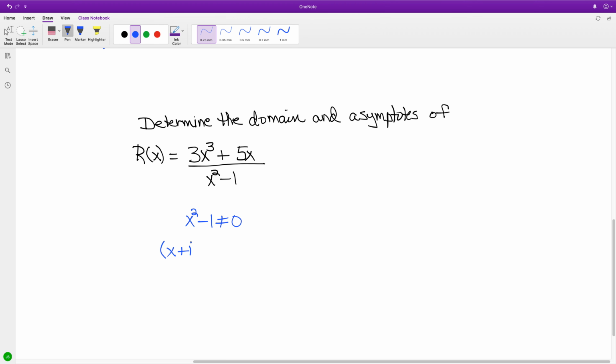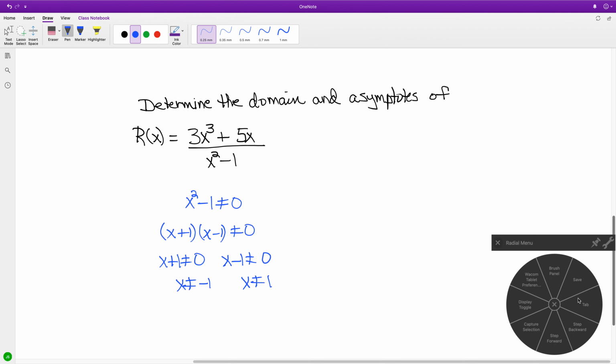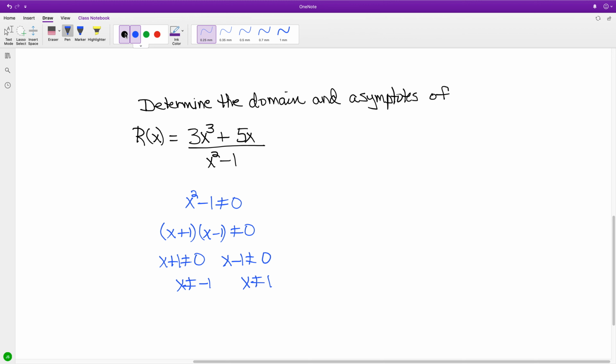Looking at what we have in factoring, with the difference of squares, you have x plus 1 and x minus 1 cannot be 0. The x plus 1 cannot be 0, nor can x minus 1 be equal to 0. So with exclusions from the domain, we have that x cannot be negative or positive 1. So for the domain,